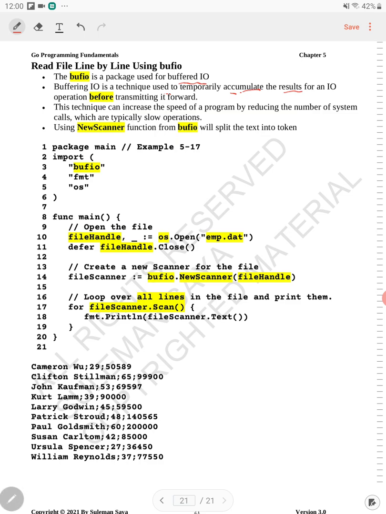So the technique can increase the speed of a program by reducing the number of system calls, which are typically slow operations. So in normal conditions, when you open the file and start reading, what happens is you may go through a lot of reads and writes. So you have to do a lot of